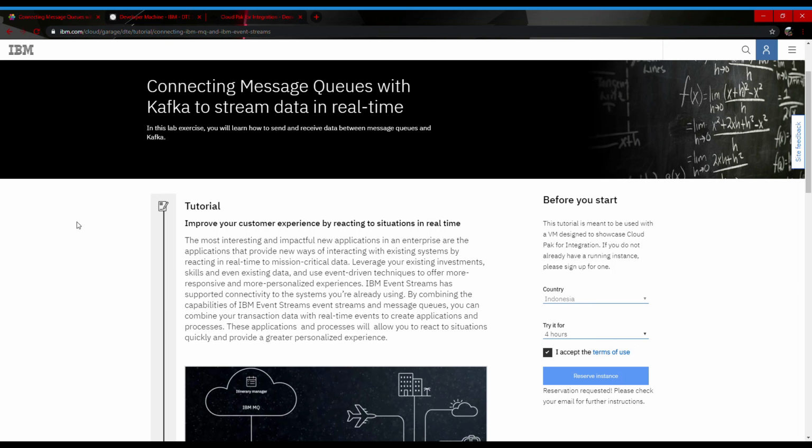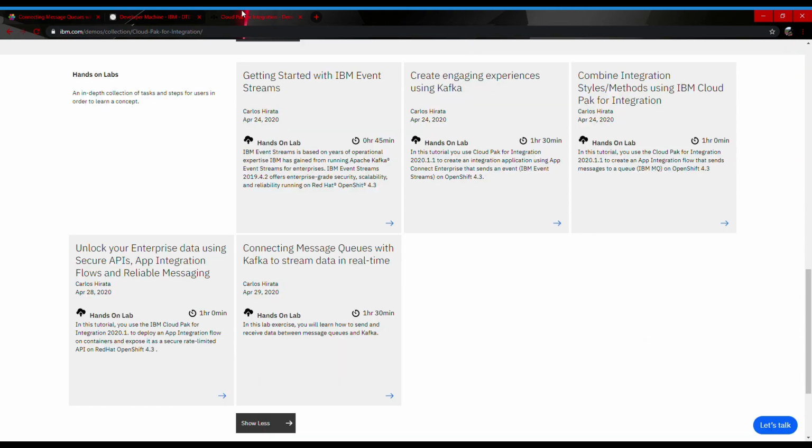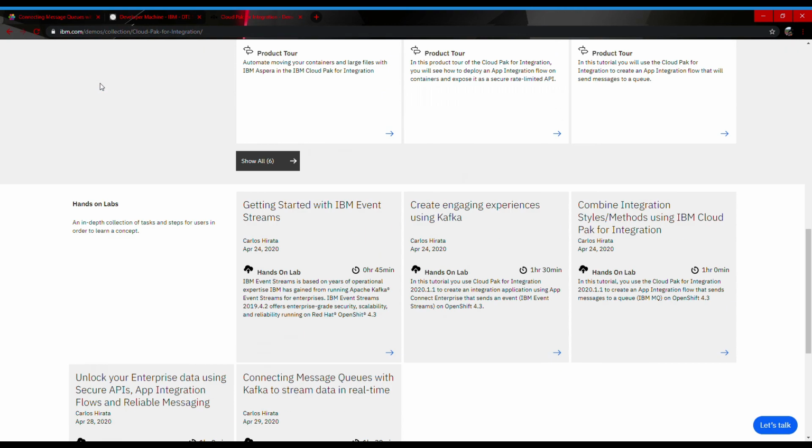Okay, good morning. This time I would like to demonstrate how to connect message queues with Kafka event stream to stream data in real time. In this demonstration, I will use the IBM Cloud Pak for Integration demo, which is available here in